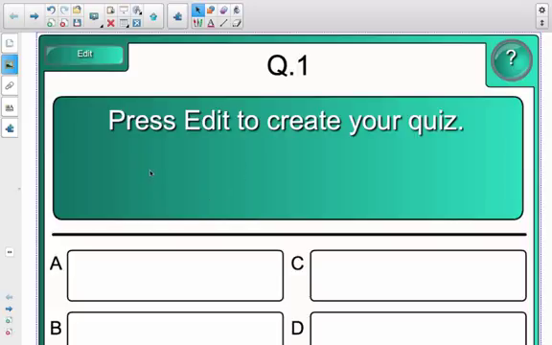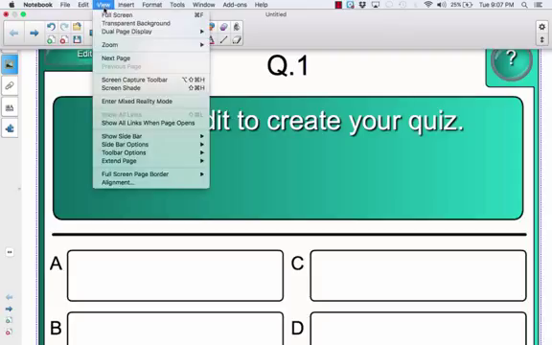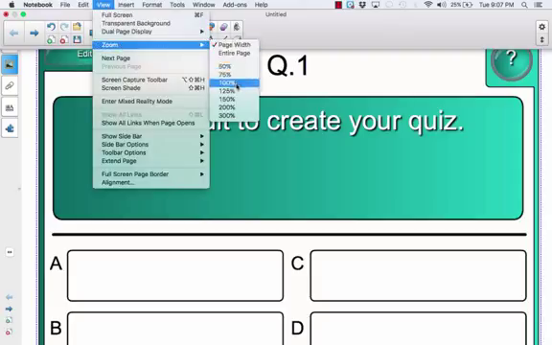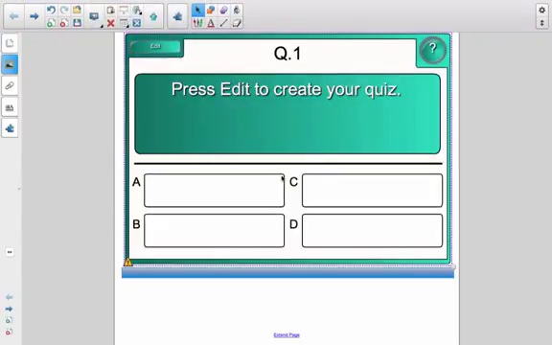If you want to change the viewing, because this seems a little zoomed in, you can head up to your toolbar, click View, Zoom, and then you can choose how you want to view it. So let's click 100% so we can just see all of it. Perfect. So now you can edit your own quizzes, multiple choice questions. So if we click Edit,